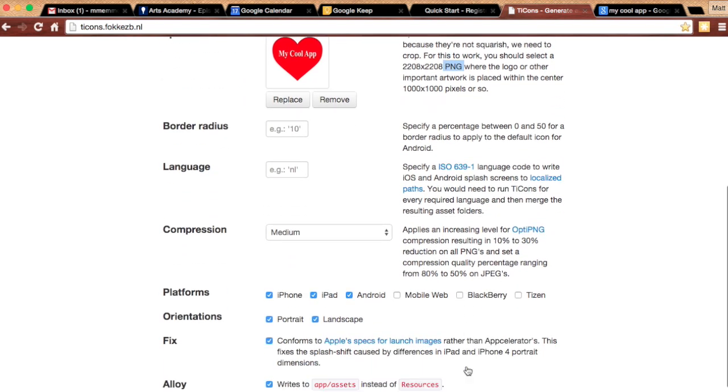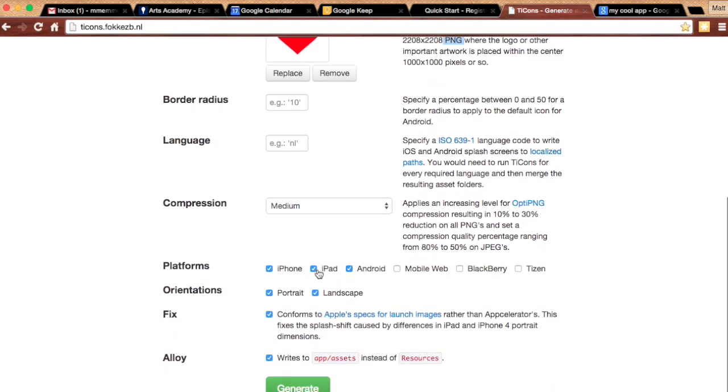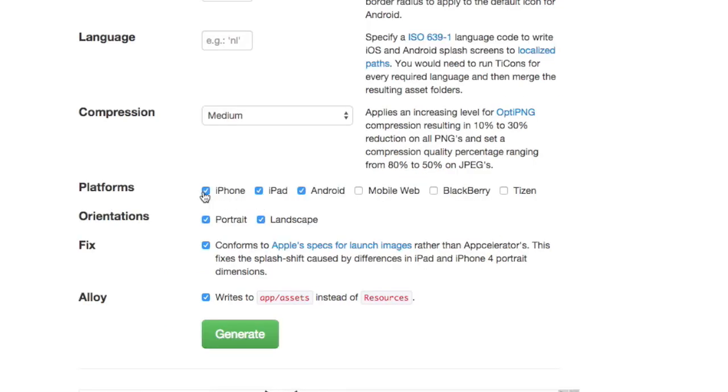So I'm going to scroll down now, and you can check what you need this for. I really only need it for the iPhone. I'll leave the iPad, I guess. I really only need portrait, but I'm going to go with that. I'll leave everything else checked. I'm going to hit generate, and it should